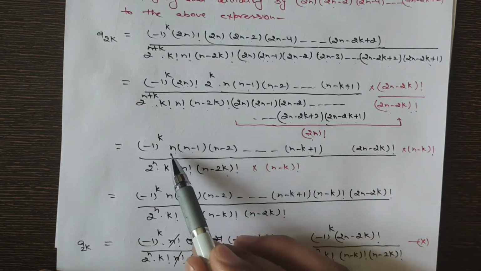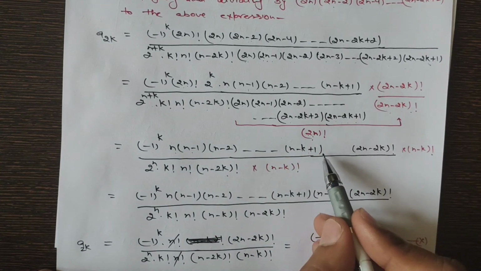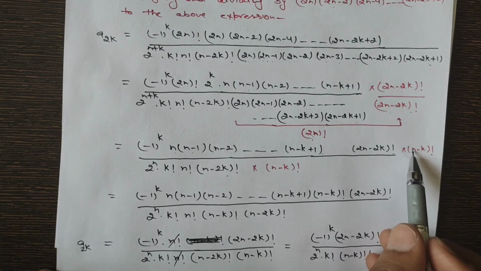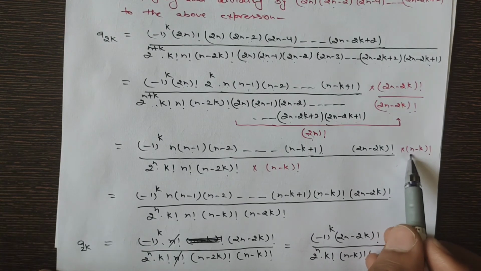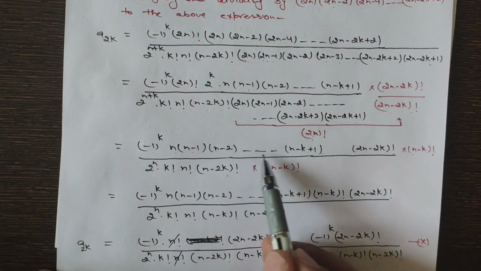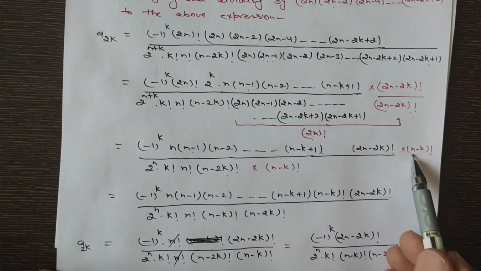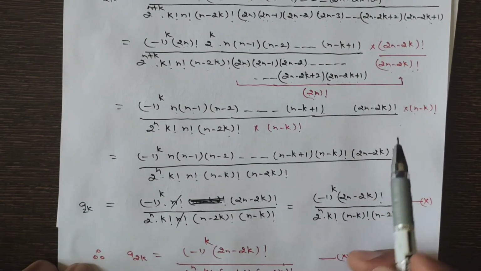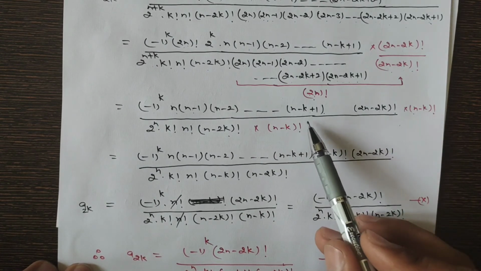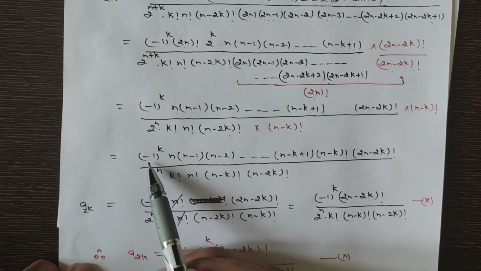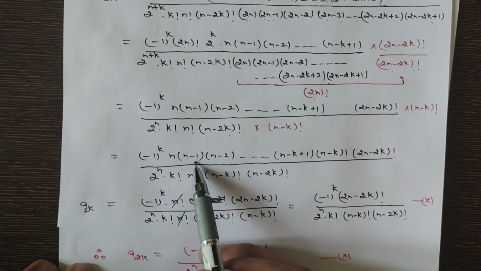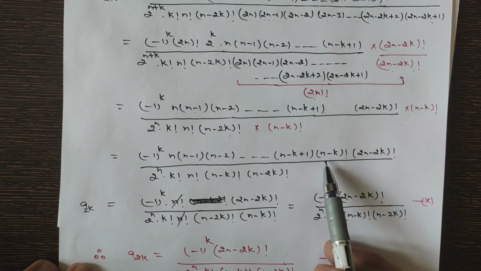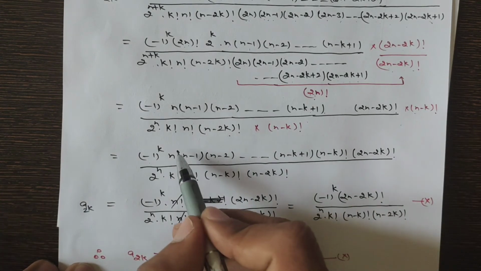So this term can be made n factorial if it contains n minus k factorial here. So we simply multiply this equation in numerator and denominator by n minus k factorial, so that this term with this n minus k factorial can be replaced by a single term. So after multiplication with n minus k factorial in numerator and denominator, the expression for a2k will be minus 1 raised to power k, n into n minus 1, n minus 2, n minus 3, n minus 4 up to n minus k plus 1, and then n minus k factorial. So this entire term